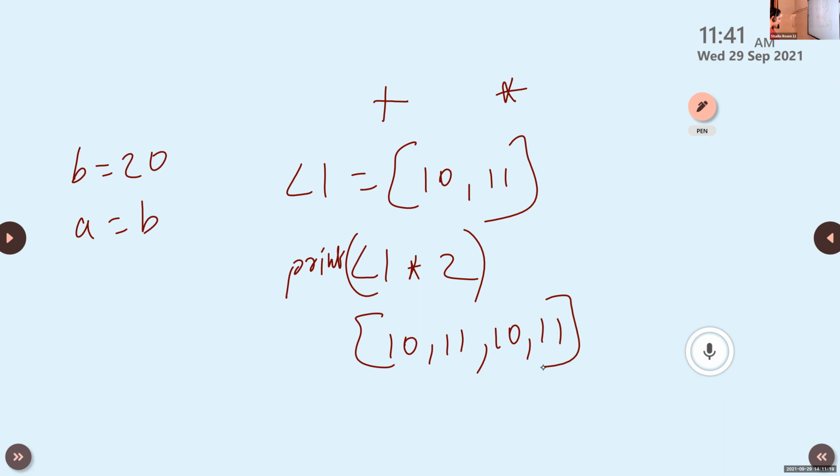And next is the membership operator. Membership operator is in. Just like the string operator, that is if that particular value is present in the list or not. Okay.